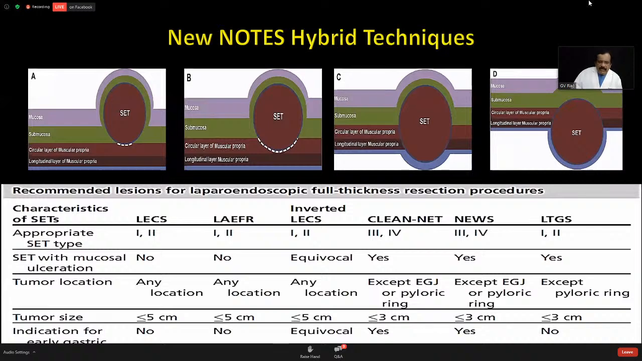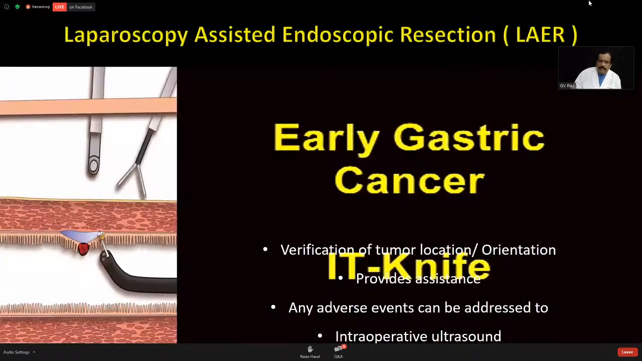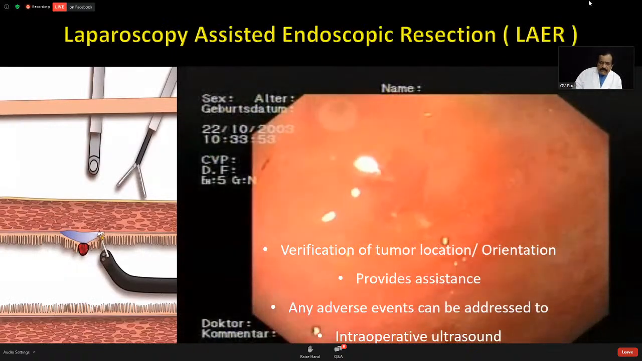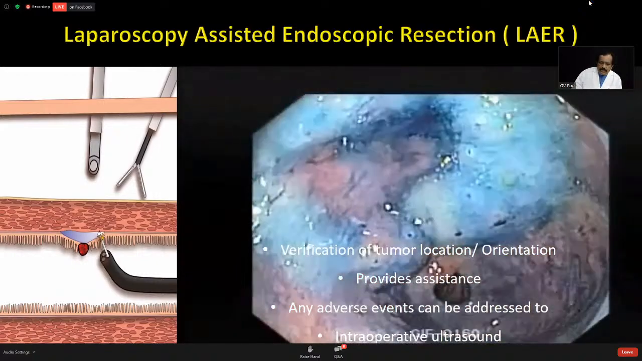So you can see there are several of these new procedures which are based on the type of the SCT that you encounter. Now these lesions are absolutely very good for endoscopic resection. These lesions require slightly more expertise. Now these are the lesions which require some amount of caution, and these are the lesions which require combined endoscopic and laparoscopic procedures so that this can be done very effectively. Likewise, early gastric cancer has been shown to be very effective initially. Now you can see this is how you resect this under